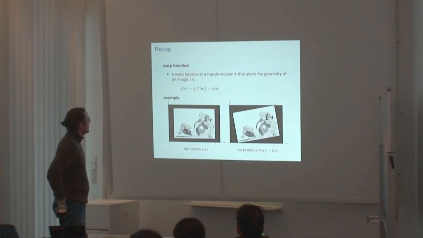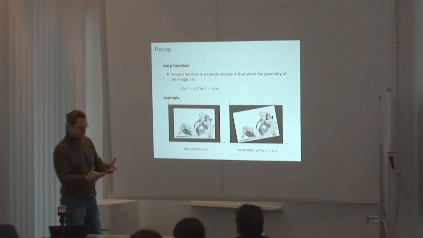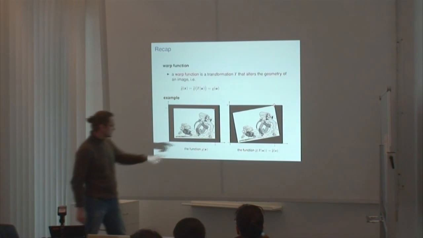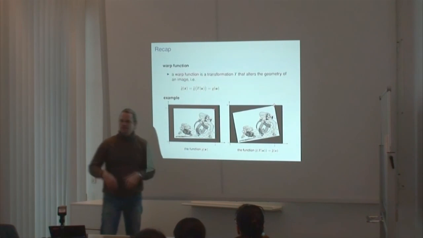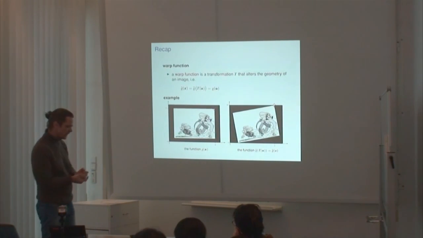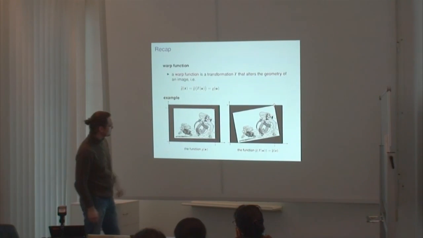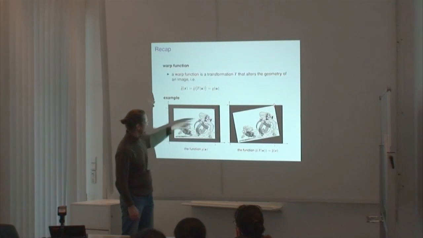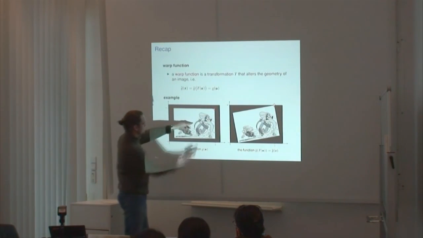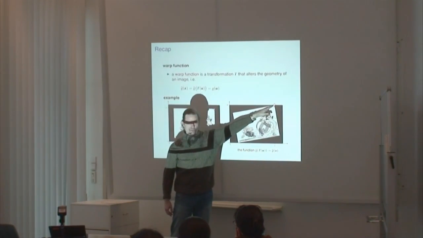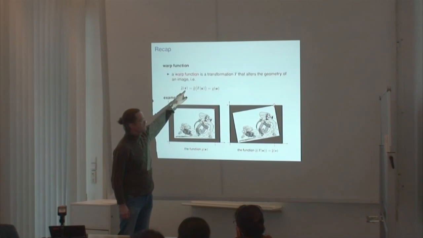And what we want to do is to apply transformations to the coordinates. That is, we are interested in functions t, transformations, that are applied to the coordinates. So we do something with the coordinates, but not with the intensity values. For instance, if we were to rotate this point u, v, which I'm indicating by this cross here, by, I don't know, 10 degrees about this point, it would end up here. So we have transformed this coordinate u, v into a new coordinate x,